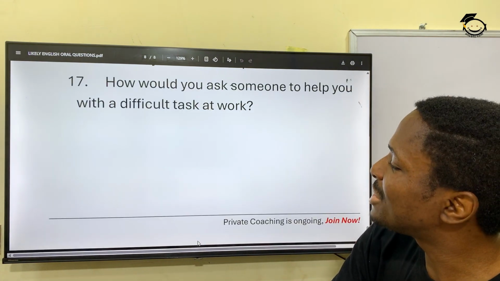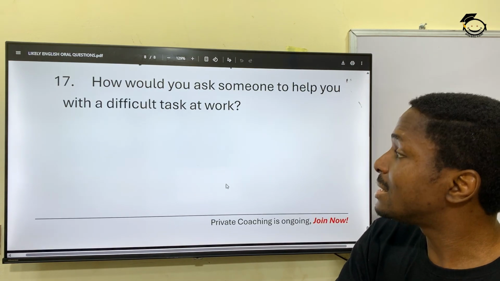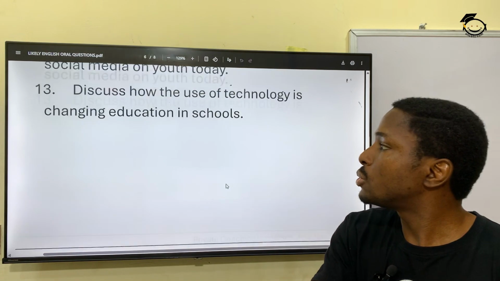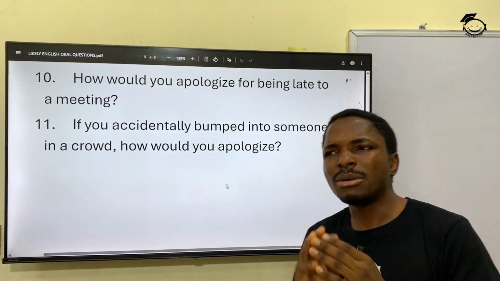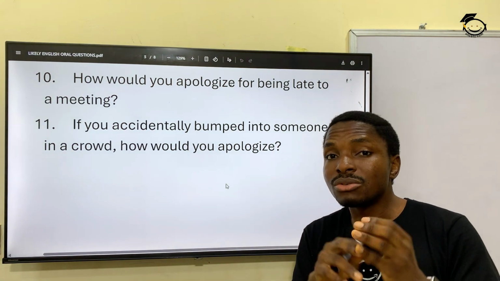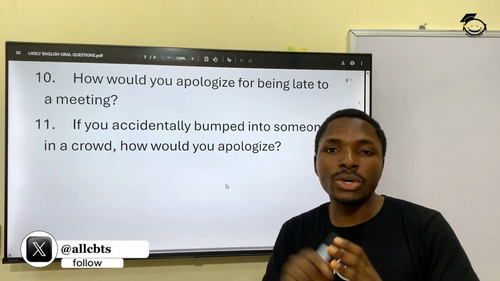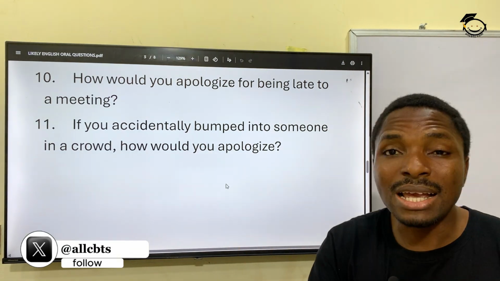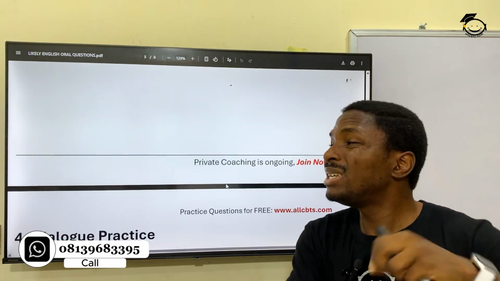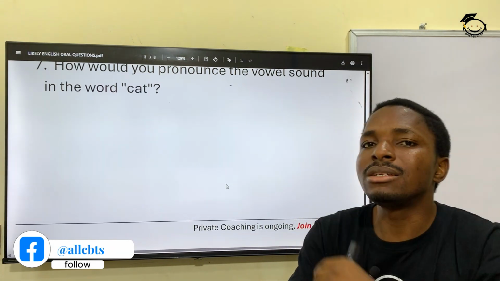I only have 8 sections for you here, but there are still about 2 more sections that I need to include. That's intonation. I want to teach you how to intonate, and how to answer questions on intonation. So this is like the part 1. I'm still going to do a part 2 where I would go in depth into each of these sections and the sections that I did not add to this one.